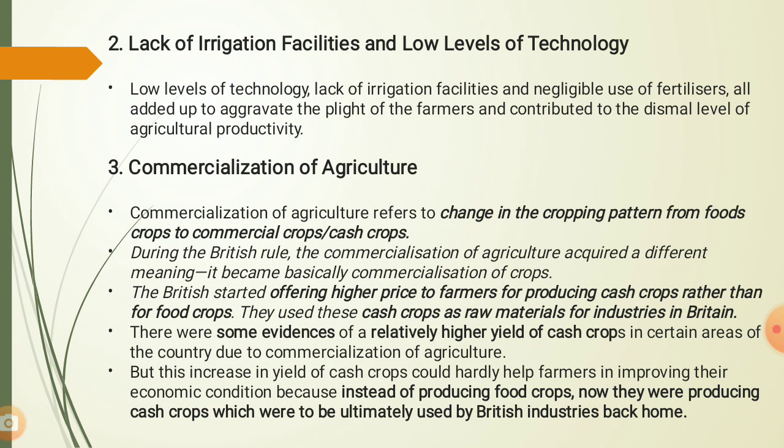Although the zamindari system was the main cause of agricultural stagnation, there were several other reasons also. The second reason was the lack of irrigation facilities. Our farmers were still dependent on rainfall only for irrigation purposes. There was no other source of irrigation, and the British government and the zamindars did nothing to improve the irrigation facilities in the villages of India. So because of the lack of irrigation facilities, the productivity of the agriculture sector was very low,